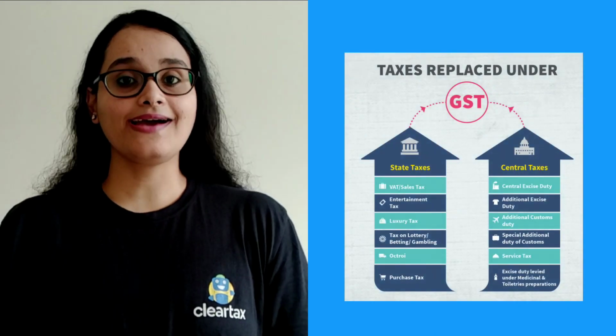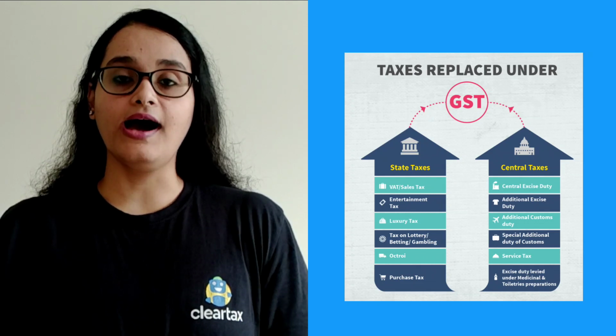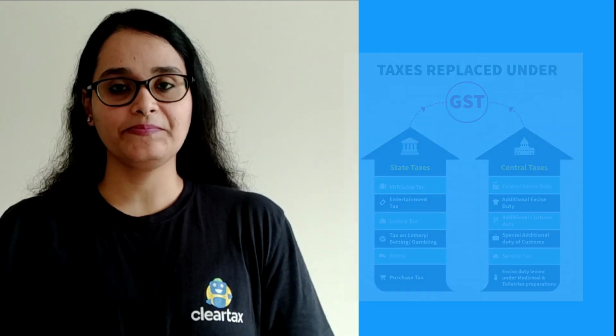It had administrative and compliance related issues such as tax on tax effect, which means that the tax paid to the state could not be used as credit to set off against the tax payable to the centre. All these taxes got subsumed under GST starting from 1st July 2017, allowing easy set off of tax credits. Therefore, a dual GST model was introduced in India, allowing the centre and the states to levy and collect GST. Further, GST is a destination-based tax where the consuming states get to keep the taxes after the centre gets its